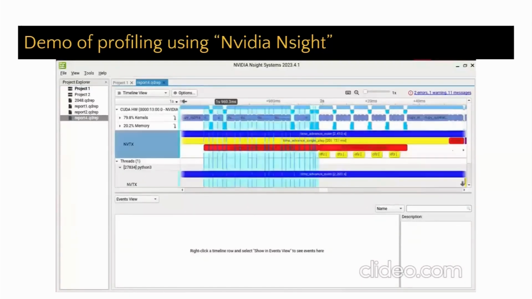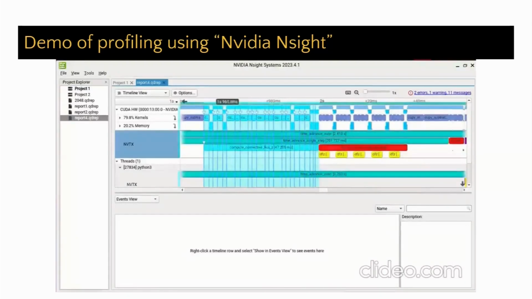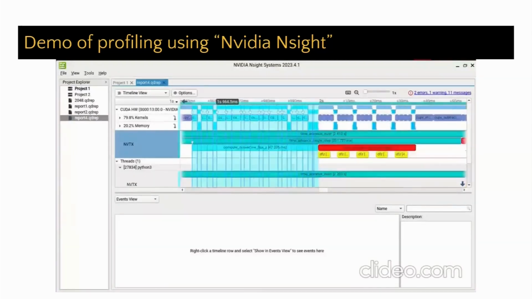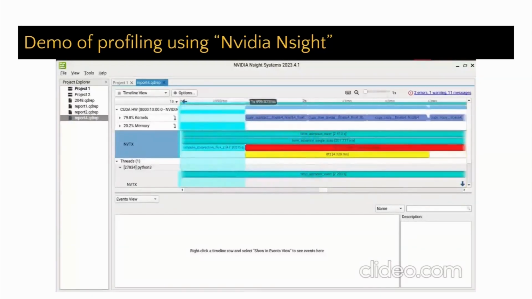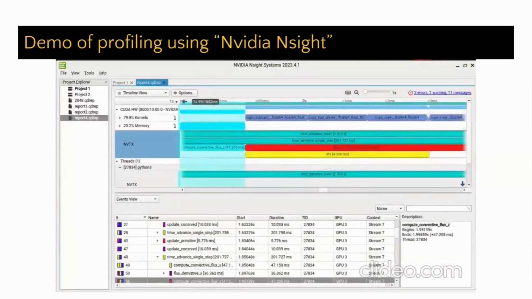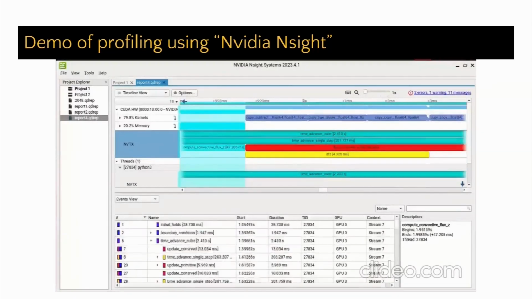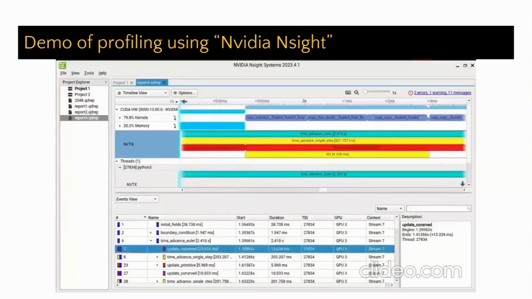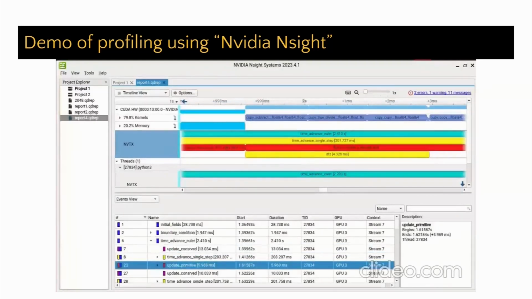Here we are zooming in on the NVTX marker part. The x-axis is the time axis, and this shows the start time and the duration in milliseconds, and the thread ID of the GPU in which the code is running. You can clearly see that the time advance single step takes approximately 201.727 milliseconds. Time advance Euler takes 410 milliseconds.